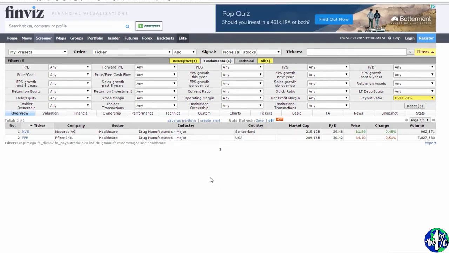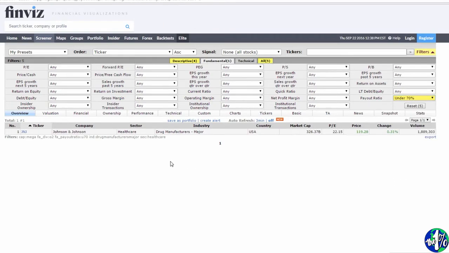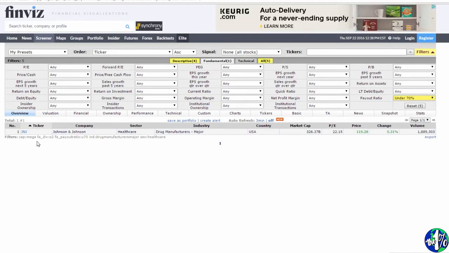Okay, so I chose over 70%. That's the wrong way. We went the wrong direction, so we don't want that. We want somebody who's paying under 70% in their dividend payout. And that left us with just Johnson & Johnson, actually. I'm not saying that's where you make your choice. You want to look deeper into three, but it's interesting that they're all paying dividends, but Johnson & Johnson's the only